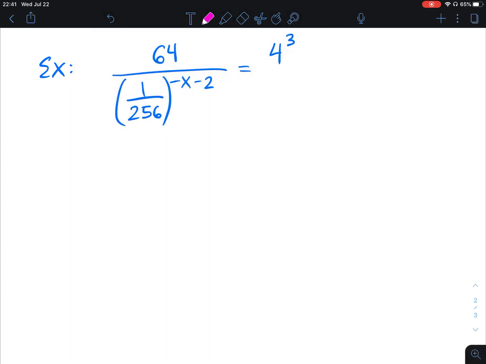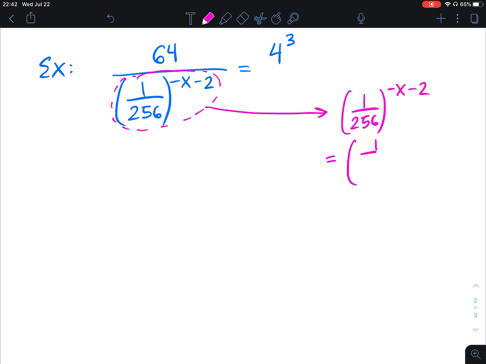I'd like to start by talking about this denominator piece, which is kind of messy. So let's drag him out over to the side for just a second and talk through that. If I have 1 over 256 raised to the power of -x minus 2, well, for one thing, I am still geared towards making my bases match, so I'm going to try to rewrite that 256 using a smaller base, and I use this smaller base of 4 as a hint on the right-hand side. So if you stop and think about it for a moment,